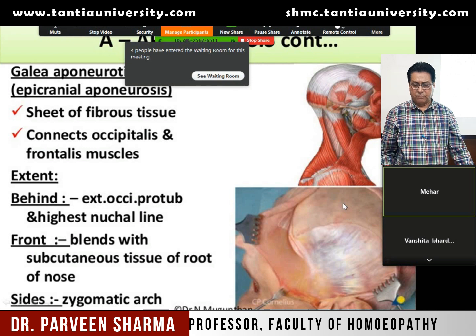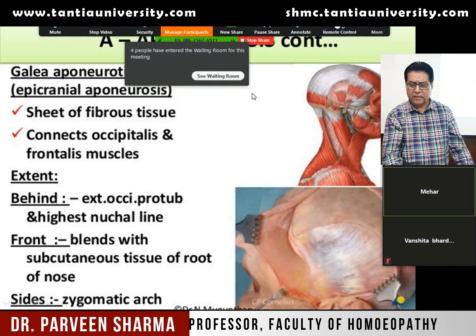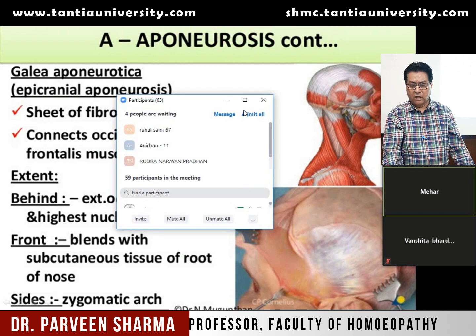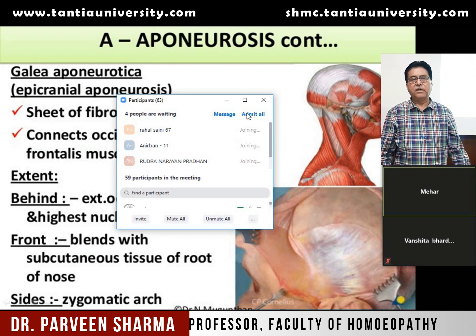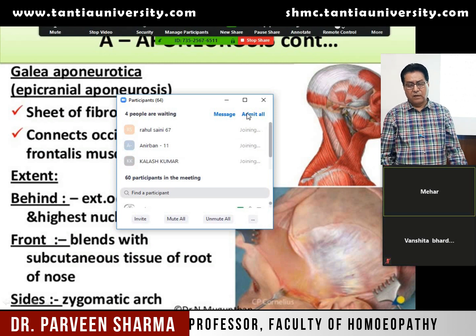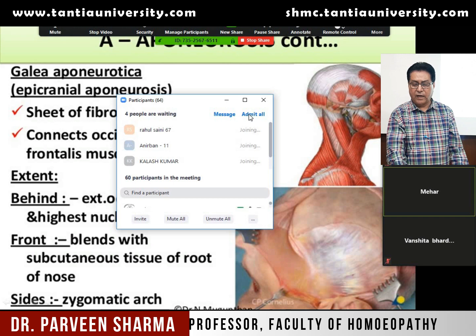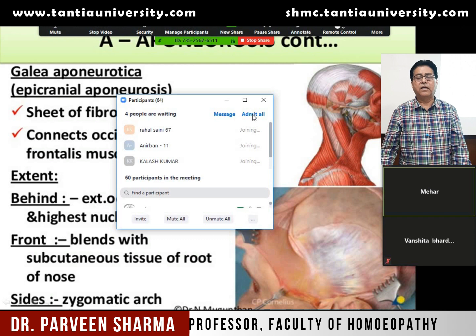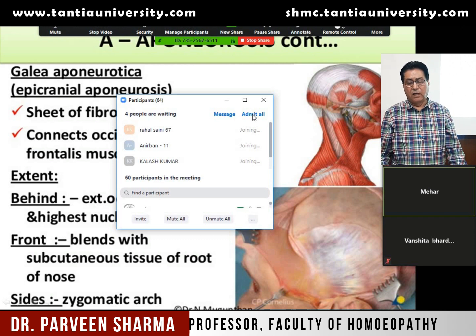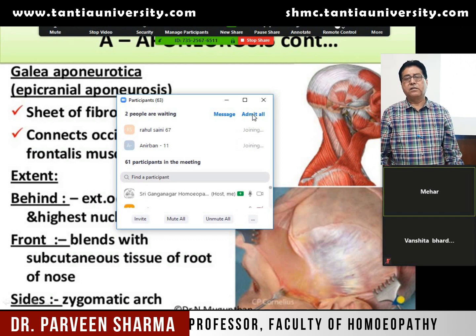Their insertion is common. When you study any muscle, you have to study origin, insertion, nerve supply and action. So origin of occipitalis muscle, you have this superior nuchal line. Then frontalis muscle origin, it does not have bony attachment, it is attached to the subcutaneous tissue. But insertion of both these muscles, they are inserted into the galea aponeurotica. The nerve supply for occipitalis muscle is the posterior auricular nerve, and for frontalis muscle, it is this branch of